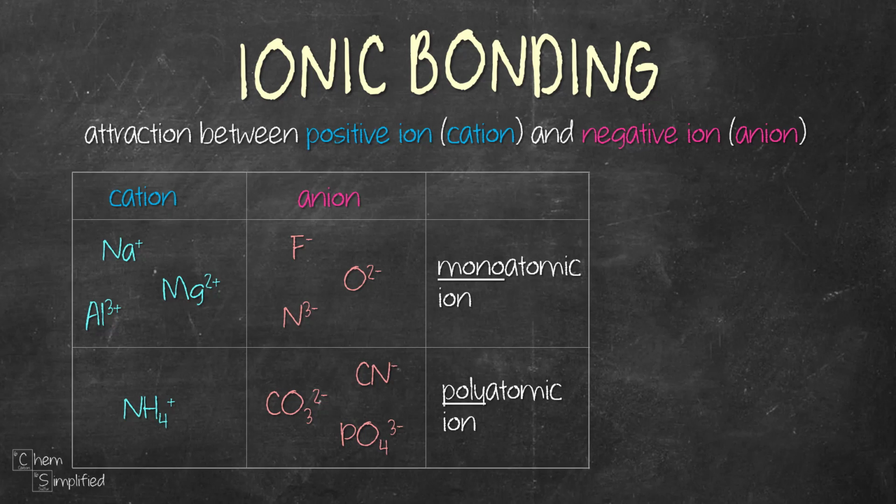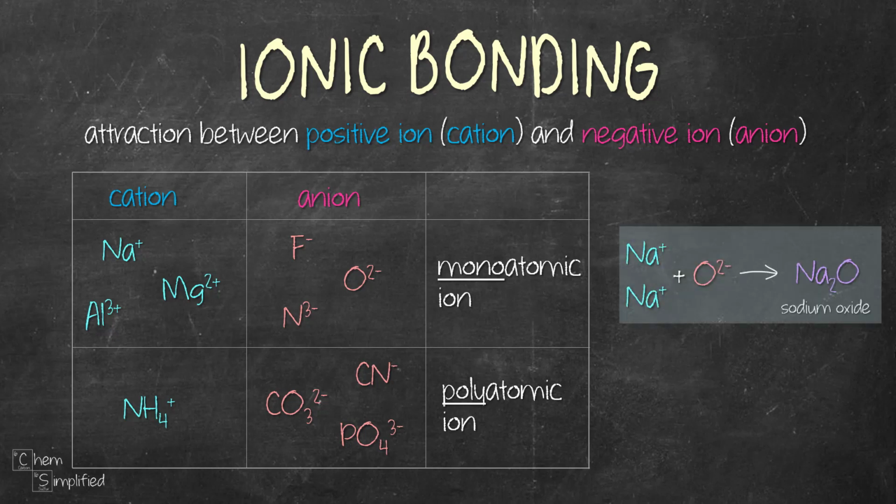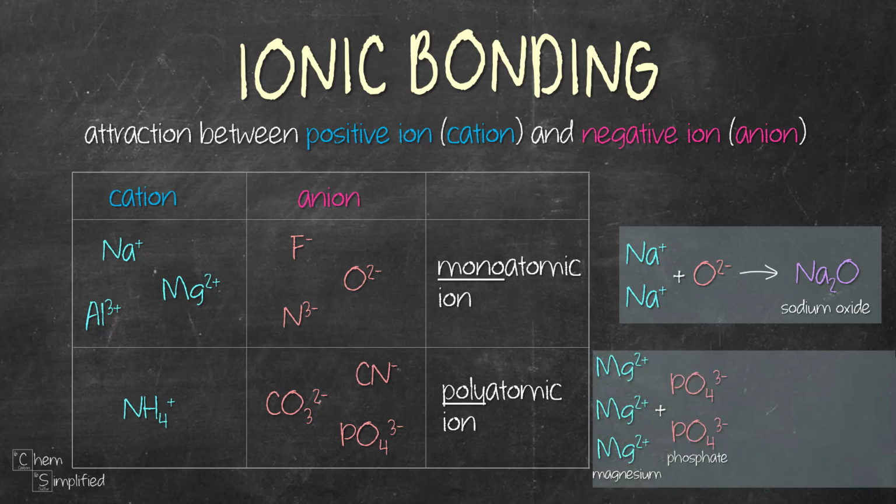We have an example of monoatomic ions combined together to form ionic compound. This is the same as what we've seen between metal and non-metal. Here's another example of ionic bonding but now it's formed between a mixture of monoatomic and polyatomic ions. Magnesium ion combined with phosphate ion. Together, they form magnesium phosphate,